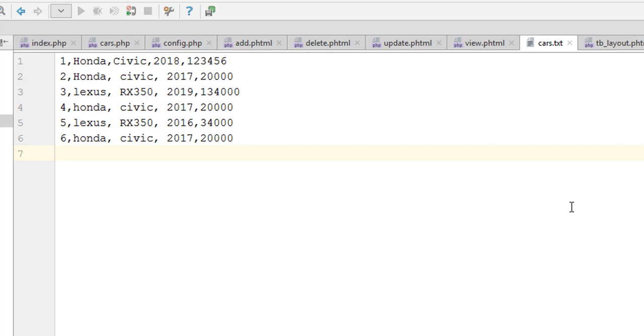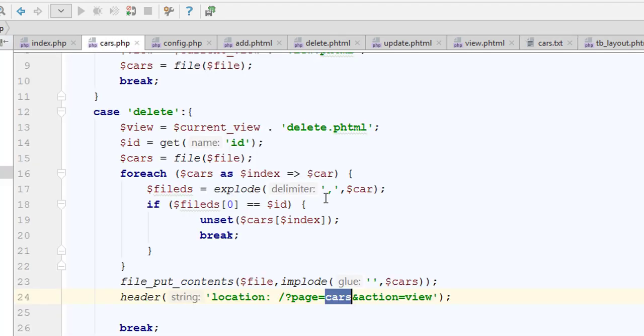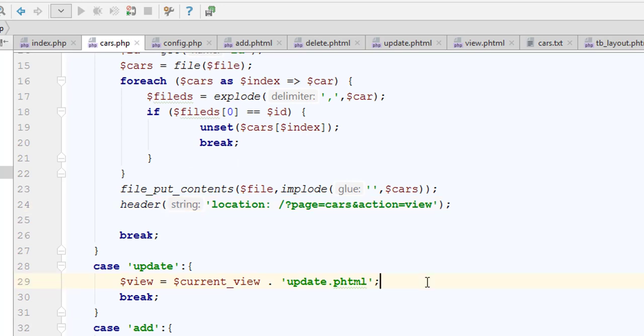But look at this, I'll just paste the information back to the file so we can do some other things with this information as well, right? So the delete was very easy. Of course, we have so many other actions that we have to take. So I'm going to go through the next one, which allows me to actually work with the cars, right? So let's go ahead and start with the,